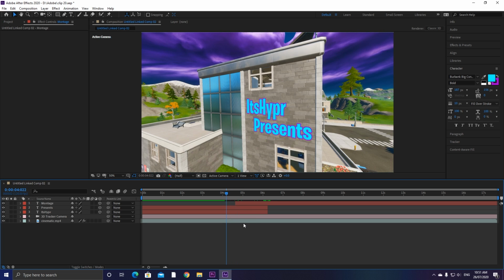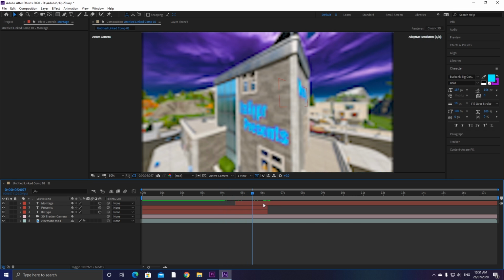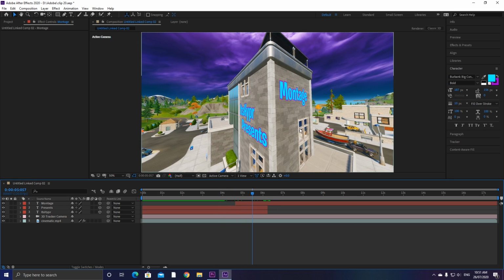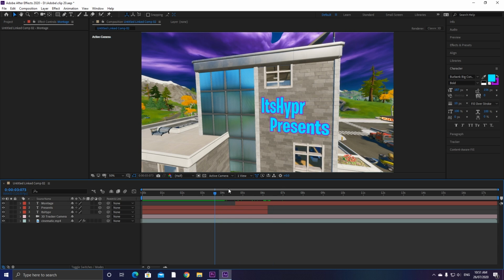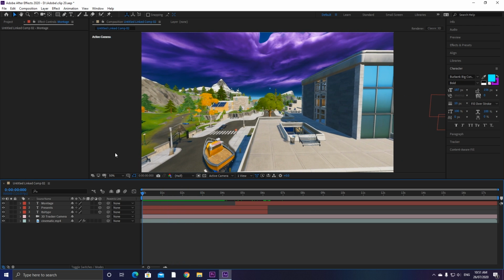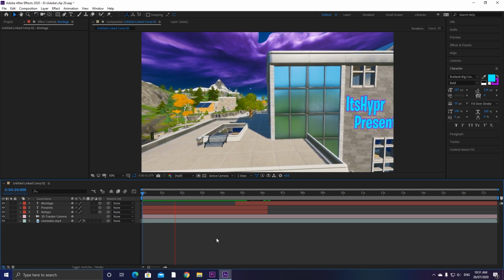And now you'll see right here we have a nice little intersection or segue where we can see both, and then after we get past here we only see this, and before we get to that point we only see this, and there's none of that going through the wall stuff. So I'll take it to the beginning, and you will see that we have a perfectly tracked text to the